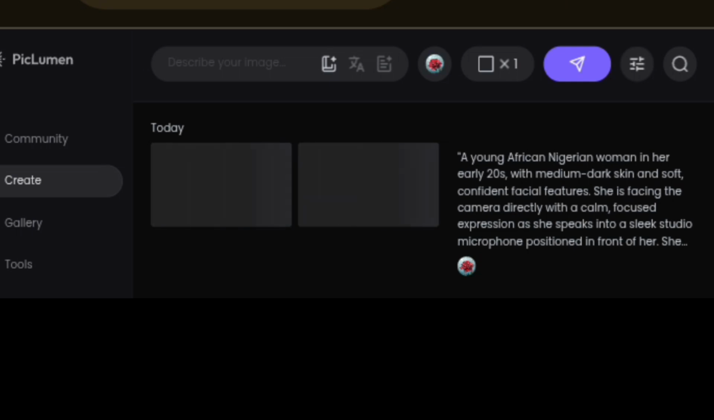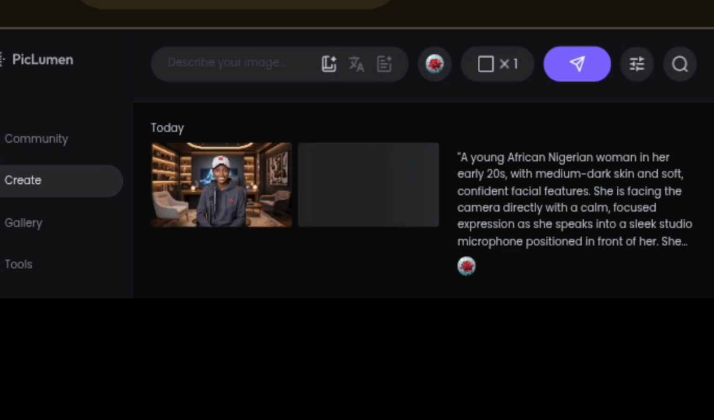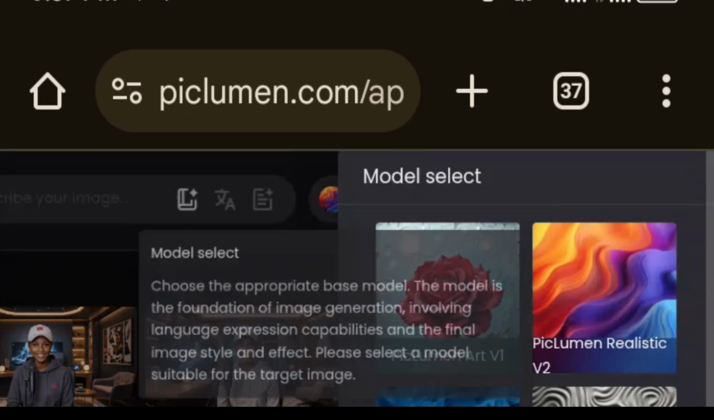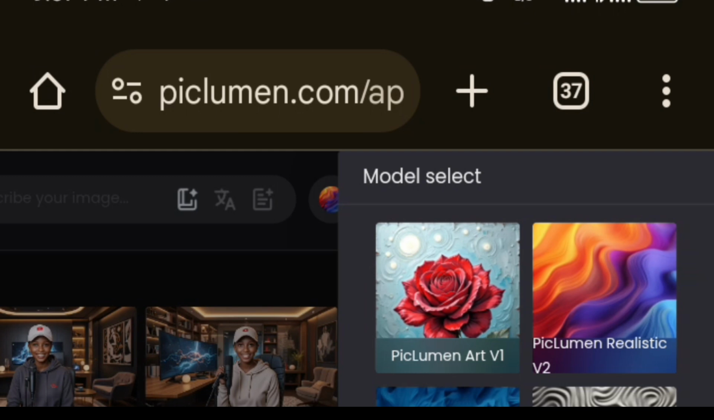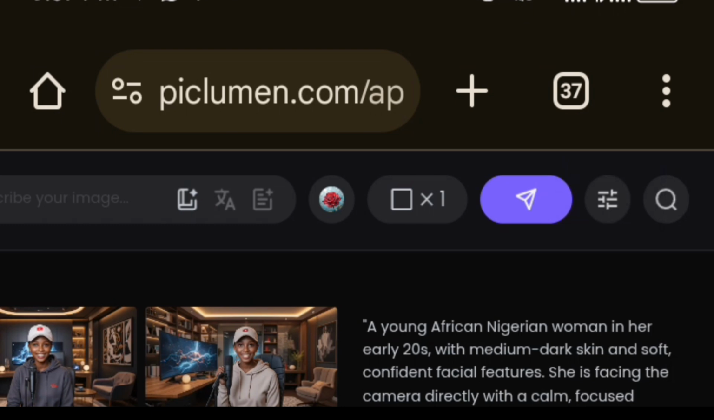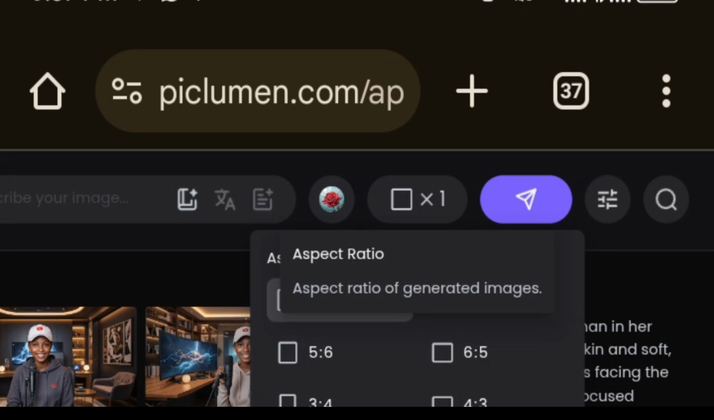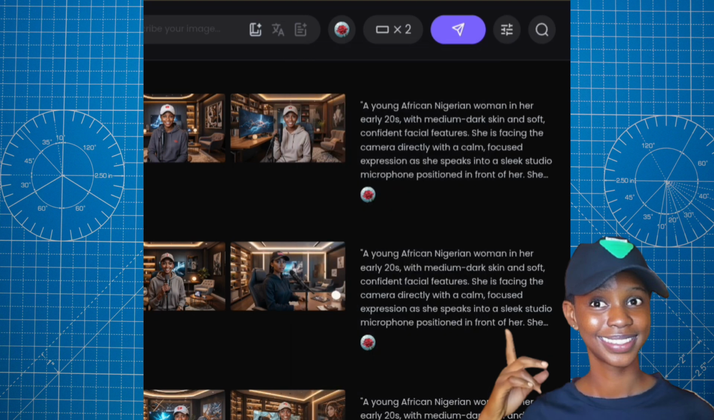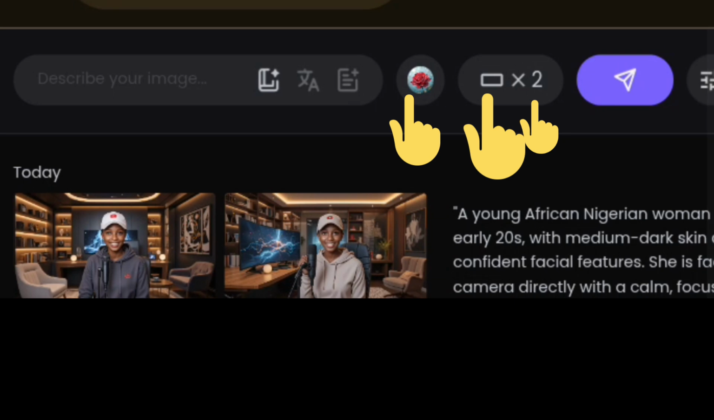Once you are on this interface, for it to give you that natural feel and look for this project, you need to make sure that your model is on this Piglumen V1, this very one. So you tap on it, and then you set this to YouTube 16:9. You tap on that, and then tap on the number of images you want to generate. I want 2 images because that is within the free points. Once we are done inputting these 3 settings,